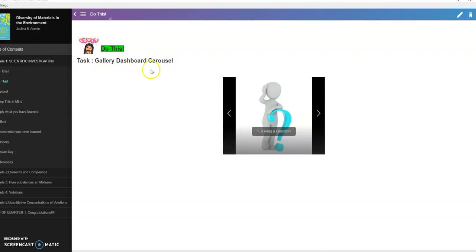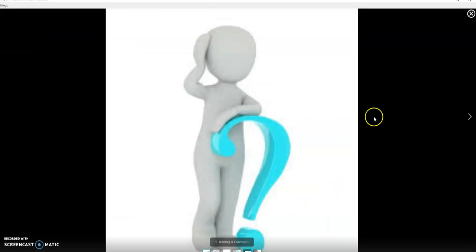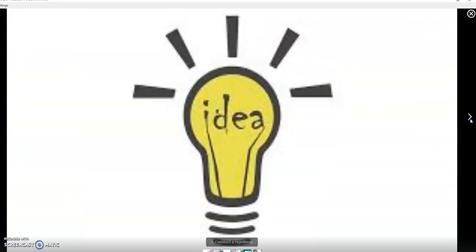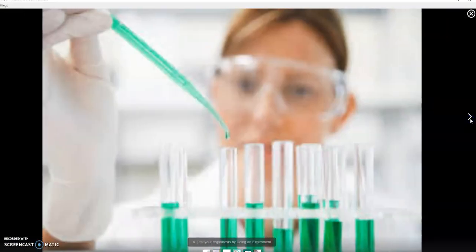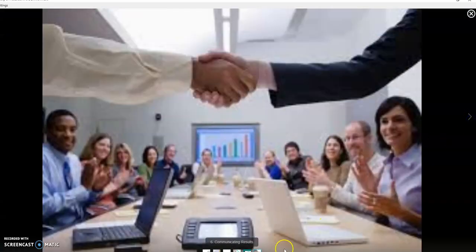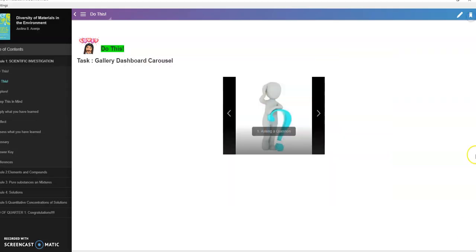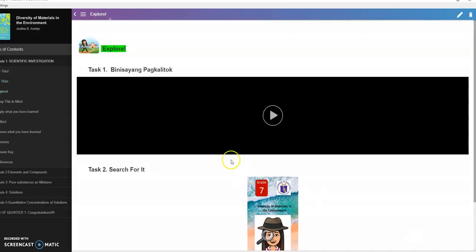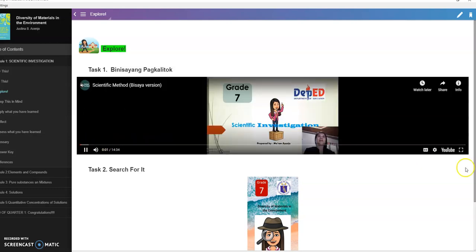Next, Calorie Dashboard carousel. Just click on that. This is the first step of the scientific method, asking a question. Second step, third step, fourth step, fifth step, sixth step. So there are labels below it, so don't you worry. Next, okay, we have this in our YouTube channel. So this is basically